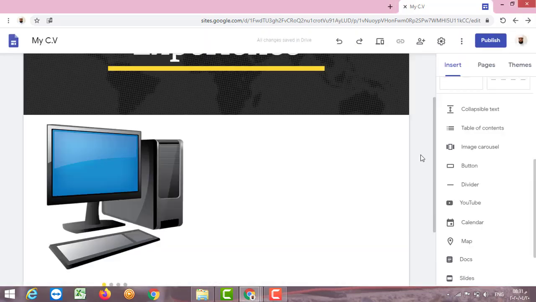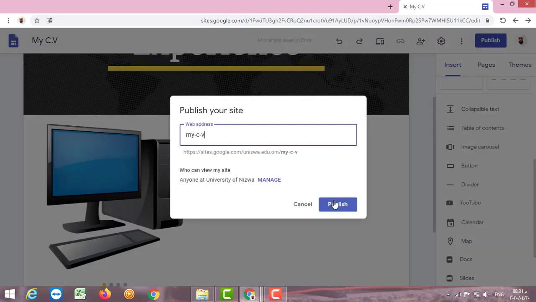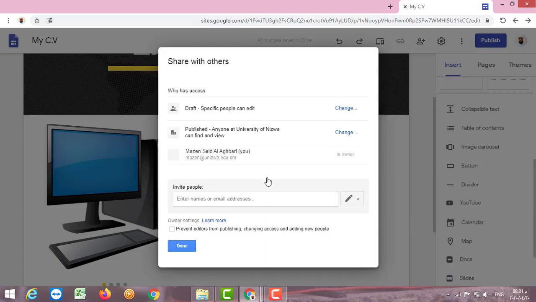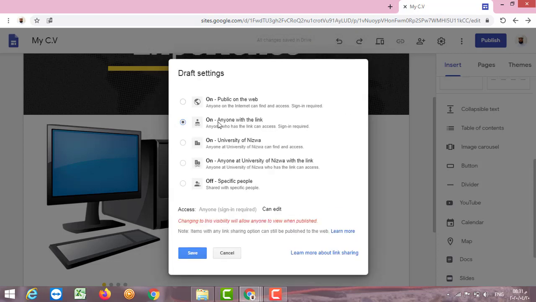Now for publishing the website, click publish. We can change the title of the website, and you can see here it is managed by the University of Nizwa. Now who can access this website? We need to change from manage. We need to select the option of anyone with the link.